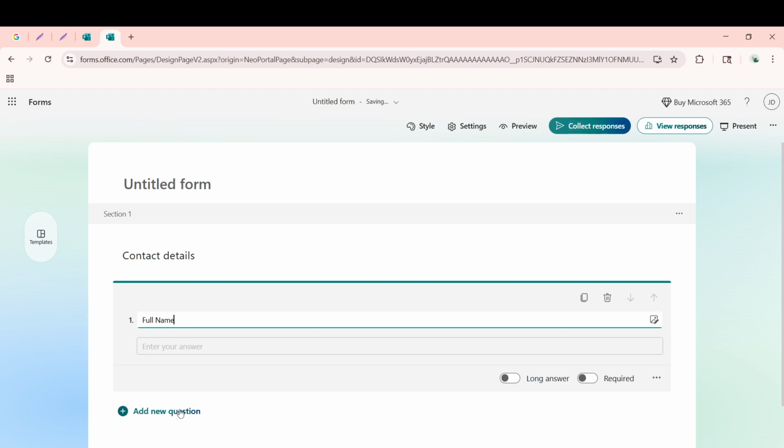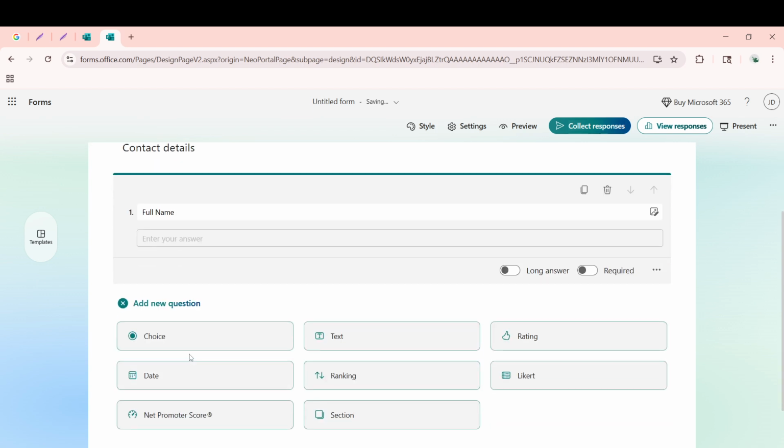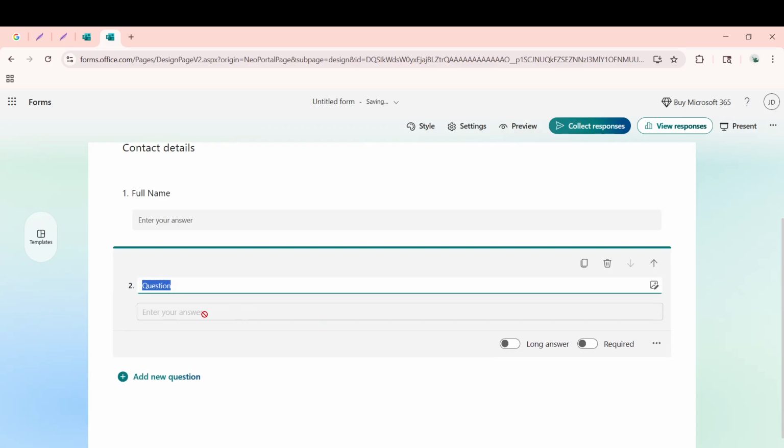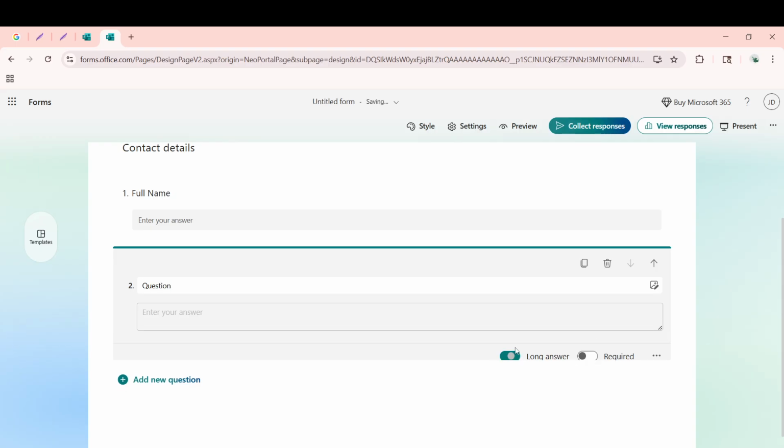To get the right kind of information and ensure valuable responses, you can make some adjustments. If you require a larger text box for more elaborate responses, like a street address, select the long answer option found beneath the text input field. Additionally, to ensure that respondents don't skip crucial questions, turn on the Required toggle located at the bottom right corner